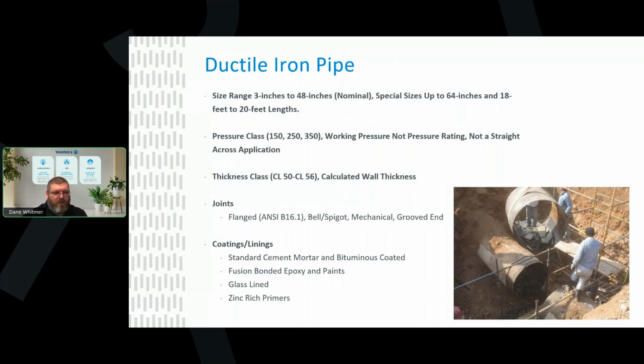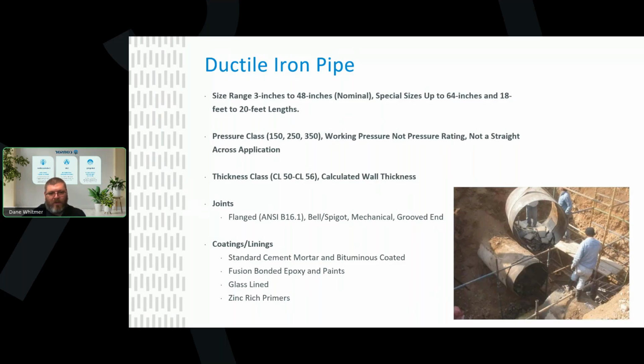So again, I mentioned this terminology of pressure class, thickness class. There's pressure classes, and when you're trying to define how strong of a pipe you need, pressure class is more than just what kind of working pressure the pipe is going to see. It's also a function of how much external load is going to be on that pipe. And so as engineers, we look at how to measure both the internal pressures and the external pressures to determine what kind of pressure class you have.